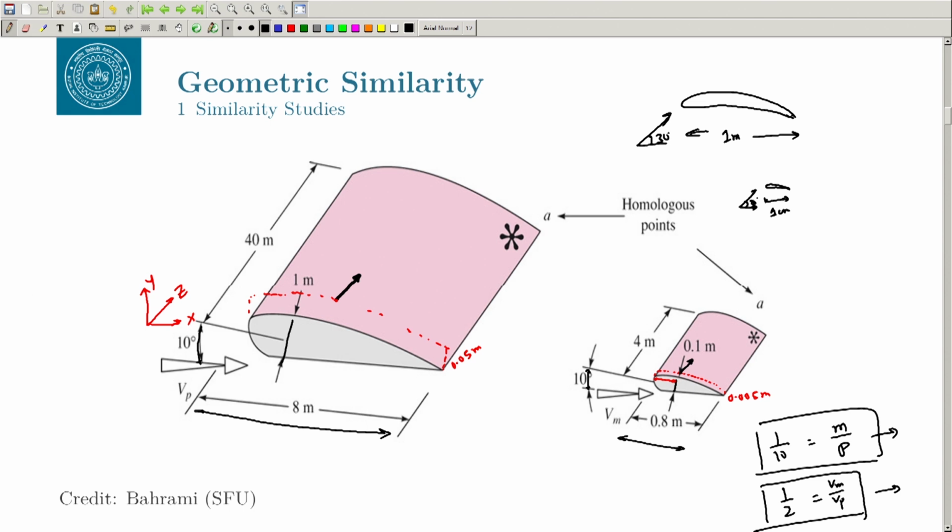So, at every corresponding point in the domain, your velocities will be scaled by the same factor. Okay. So, that is your kinematic similarity, and the last one is your dynamical similarity. Before you go to the dynamical similarity, there is one thing I want to mention which is not often emphasized: for the kinematic similarity, it is very important that the flow should be in the same regime. Okay. So, whether the flow is in the laminar regime or the transitional regime or the turbulent regime, that matters